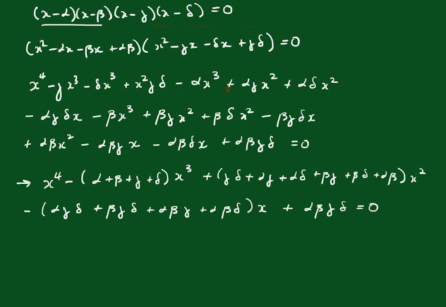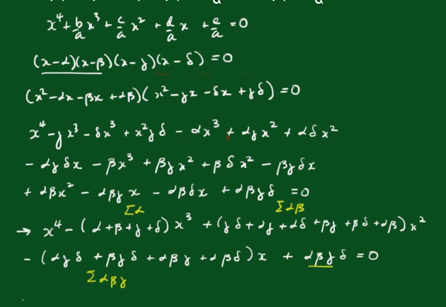Now what we can do here is this is your sigma alpha, this is your sigma alpha beta, and that's your sigma alpha beta gamma, and there's your alpha beta gamma delta, just rather than have that abbreviation when you're working through these things. Alright, now we can say therefore, equating these terms, if we go back up to the beginning again, what we had up there, these ones, we can see that